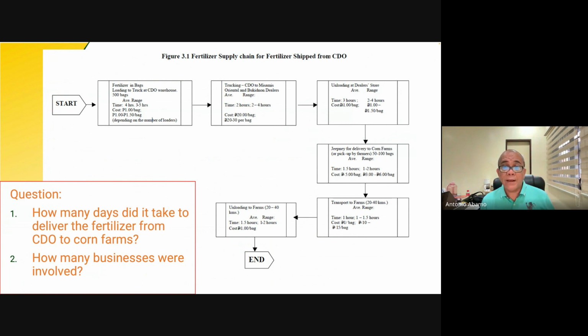PAL will not fly because there was a strike of the employees. So there was a hold up time of something like half a day. And then after half a day, the owner of the cargoes negotiated for the goods to be loaded to Jetson, and then the truck brought the goods of